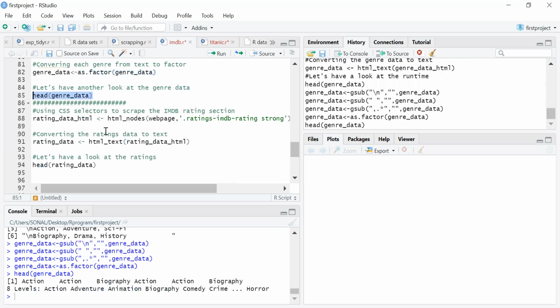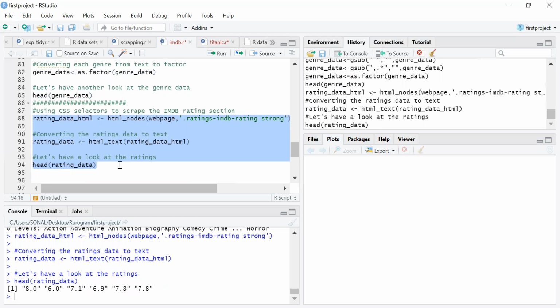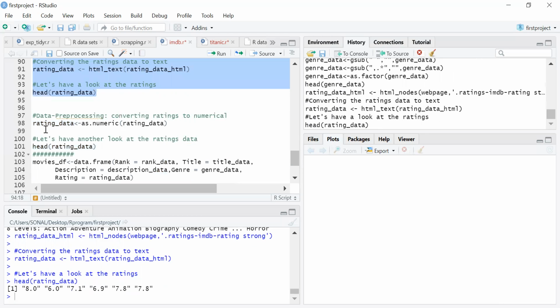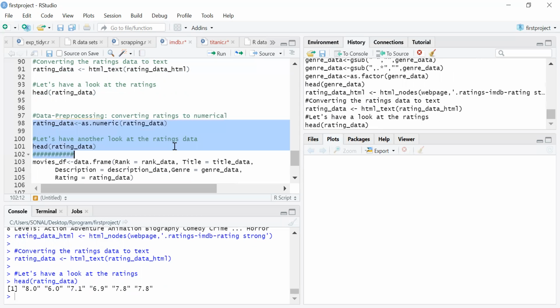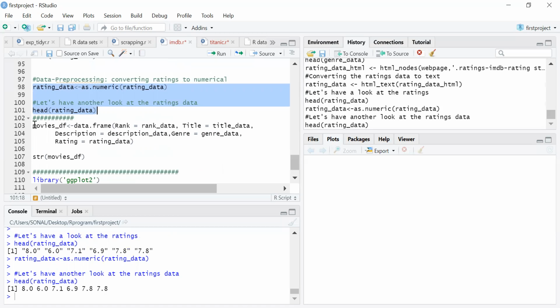After doing this, we are fetching the rating element from the web. See, rating you can see again it is in the quotes, so I want to convert it into the numeric form and then check it. And once this information has been fetched, what you can do is convert this into a data frame.